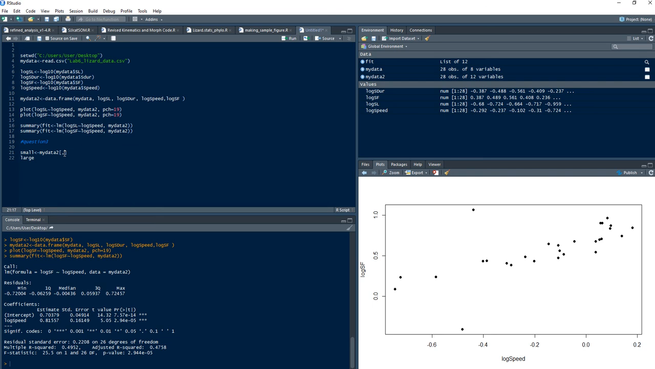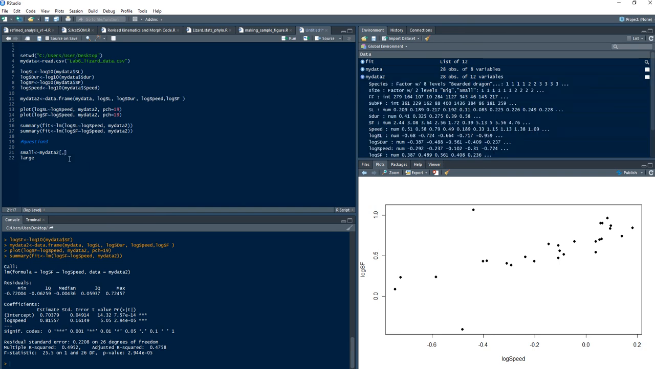Now, to take everything, the format is rows, comma, columns. If I leave it blank, it's just going to take all of them. That's the default. So I'm going to leave the columns part of this blank, and I'm going to focus on the rows. Now, which rows do I want to take? Well, I want to take the ones